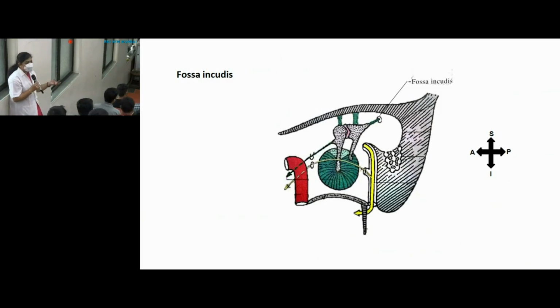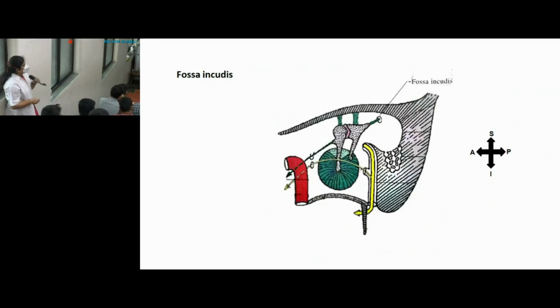Okay, and in the floor of the mastoid antrum, there are openings of the mastoid air cells, which are present inside the mastoid process. So along the floor there are openings of mastoid air cells. Here also you can see, this is the tympanic cavity and it is extending posteriorly as the mastoid antrum. This part is the mastoid antrum and these are the mastoid air cells which are opening along the floor of this mastoid antrum.